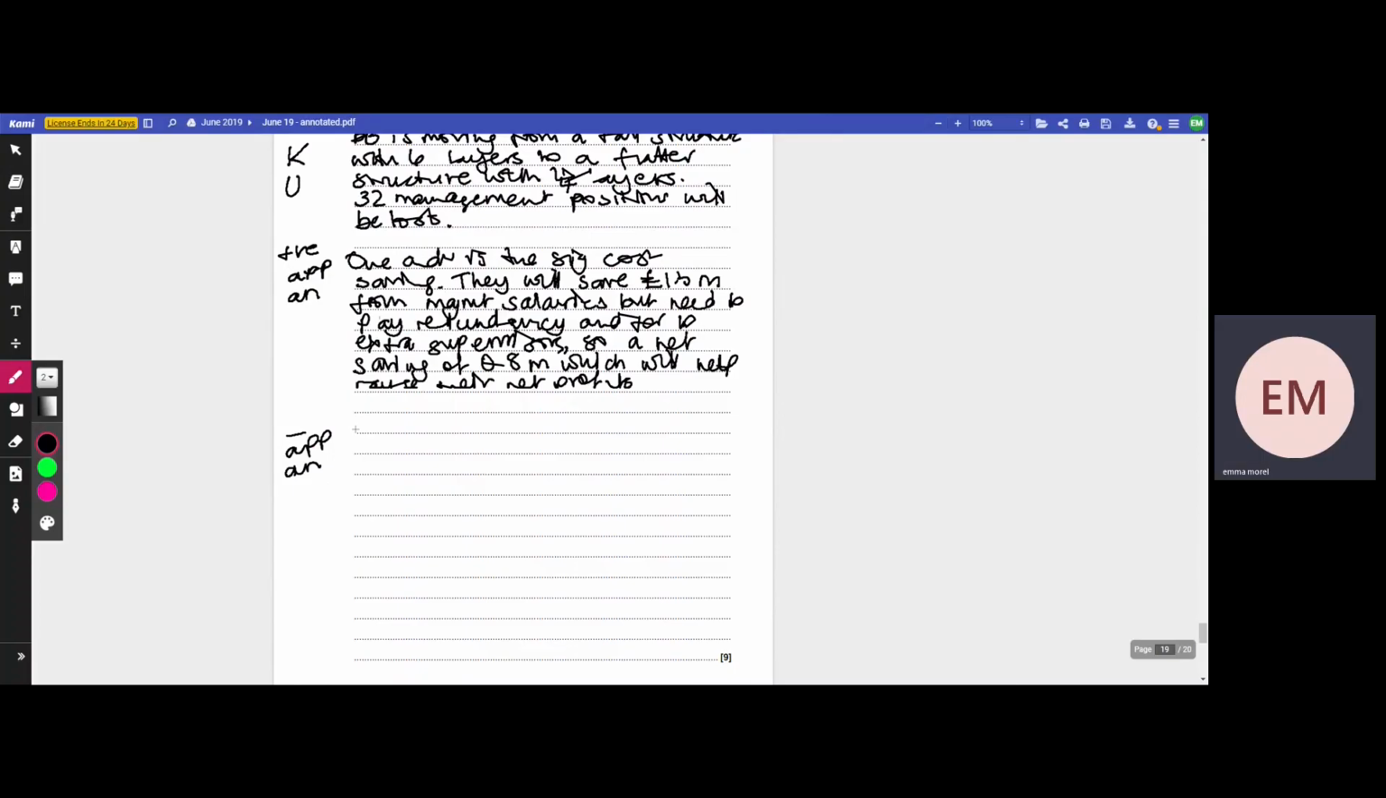So what is a negative to do with this? This could be that the rest of the workers are a bit demotivated, that it's not going to be very positive. You think back to the news about P&O ferries, when they made lots of people redundant, that was picked up by the press, gave them quite a bit of negative reputation. But I think we'll go for the demotivated workforce because that's a bit easier to write about. So one drawback